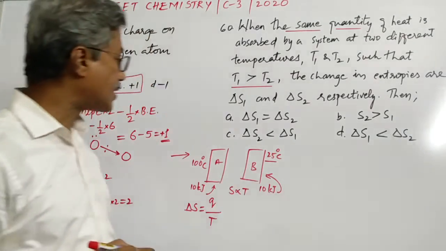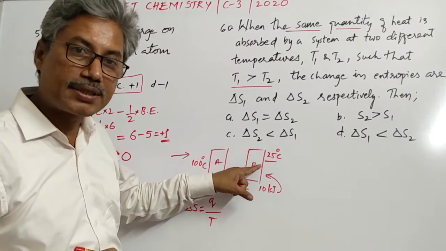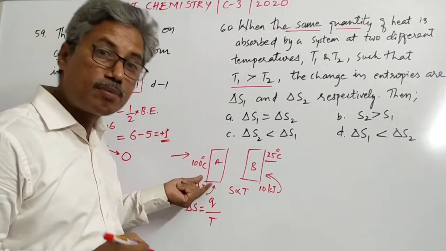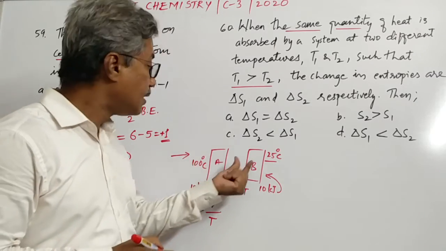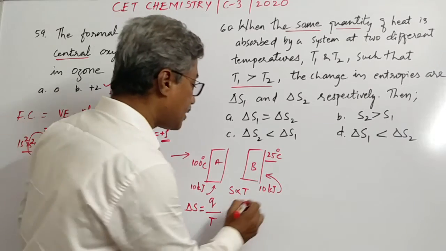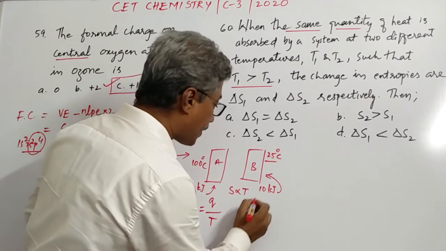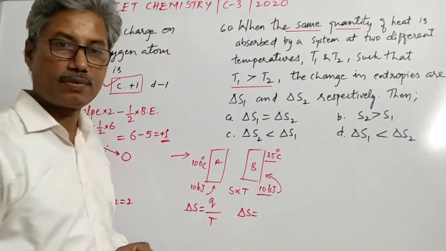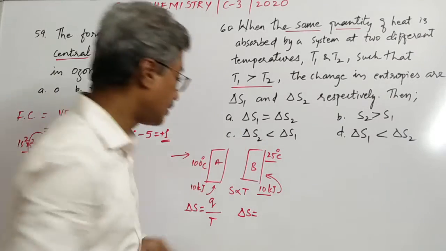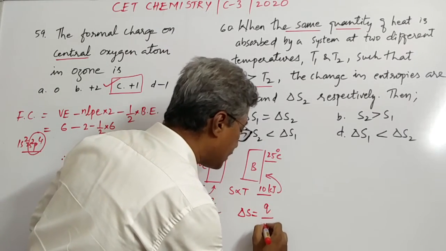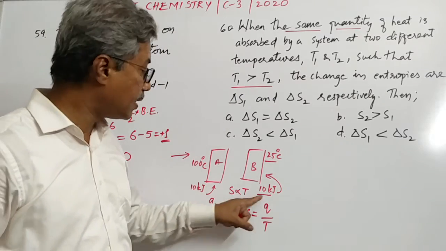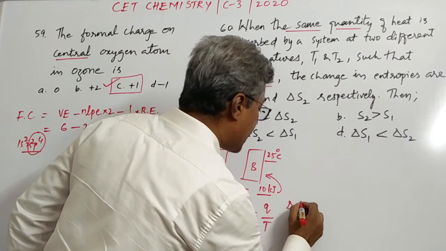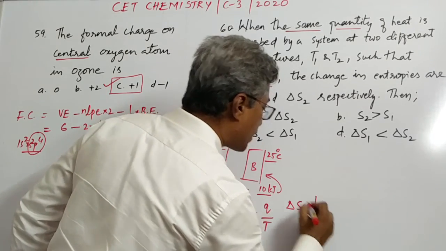Now look at this. This is maintained at 25 degrees Celsius, which is very much lower temperature compared with this. That means this is a more ordered system. This is a less ordered system, a more disturbed, more random system. Well, this is a more ordered system. It means that for this more ordered system, if you supply the same amount of energy, this delta S will be increasing. That means Q is divided by temperature. The delta S is equal to Q divided by temperature. It means that in general, delta S is inversely proportional to temperature.